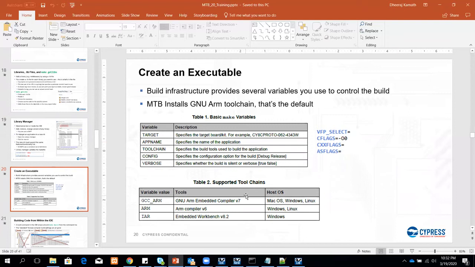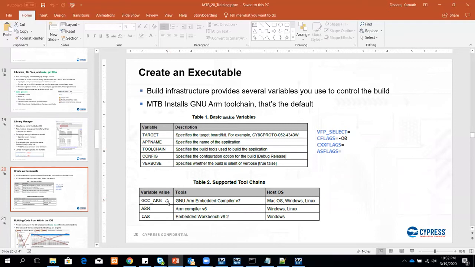Sorry. So we have ARM GCC packaged with Modus Toolbox. So you need not download it. It comes with Modus, and you can just provide this particular variable value for toolchain, and it works.